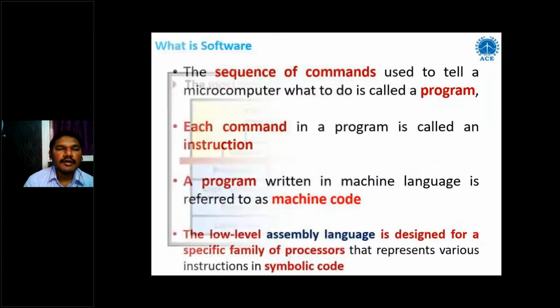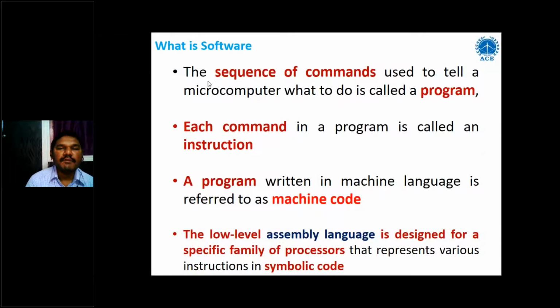And here the sequence of commands, we know that a sequence of commands is called a program, and a set of programs is called a package. Today we are all learning some software packages, and a software package is a combination of programs, and each program has a combination of instructions, and this instruction is called a command here.